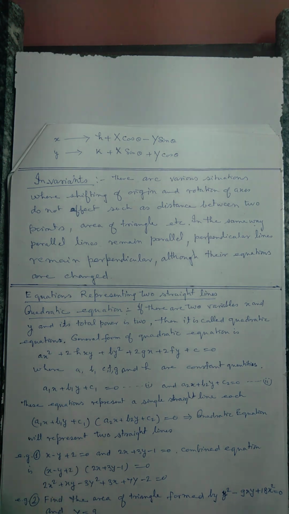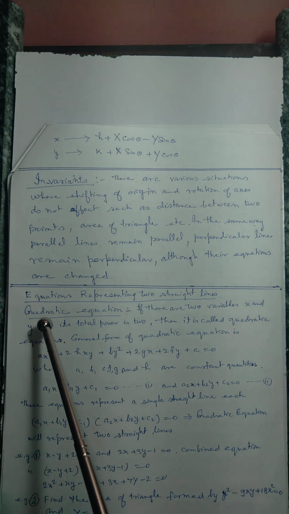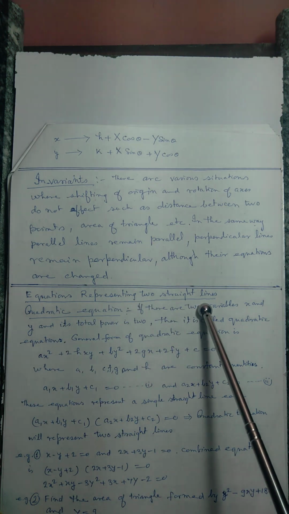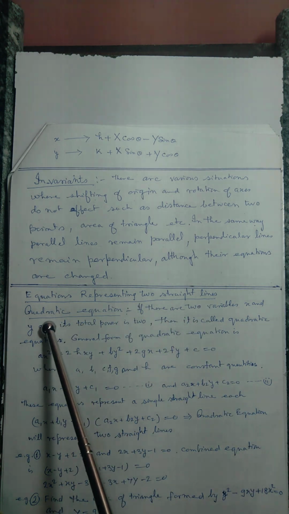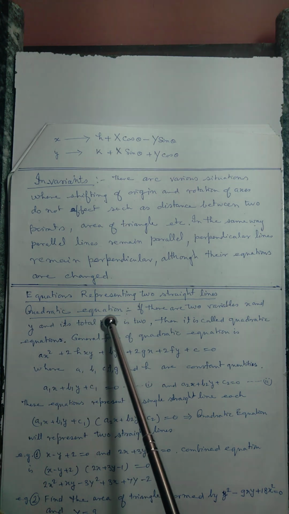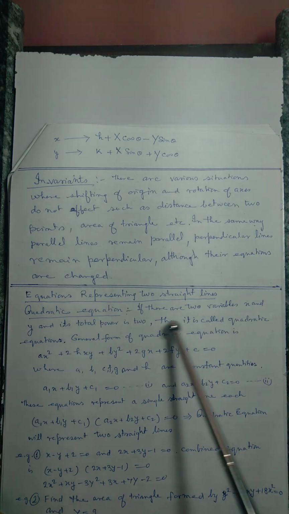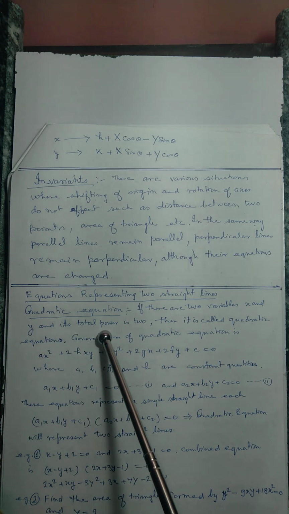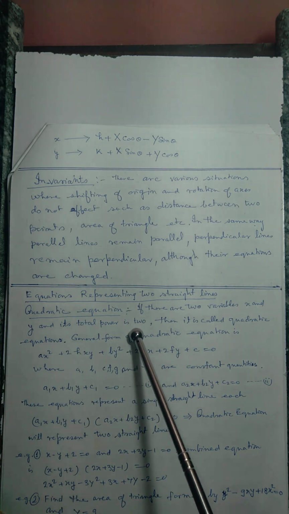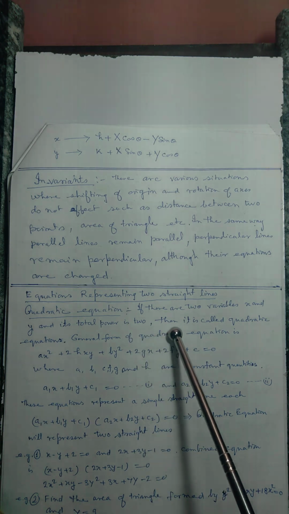Let us learn coordinate geometry formula. This equation represents two straight lines. You see the quadratic equation. If there are two variables x and y and its total power or degree is 2, then it is called